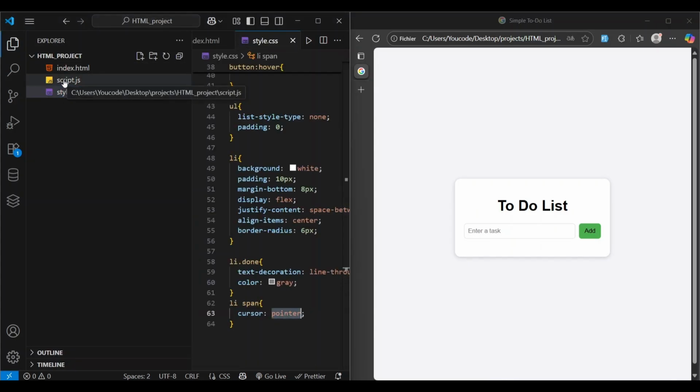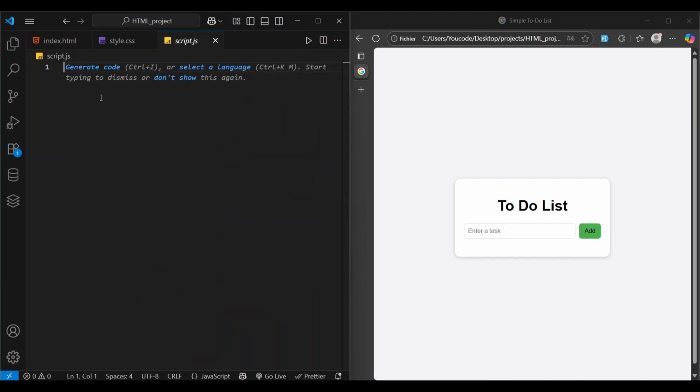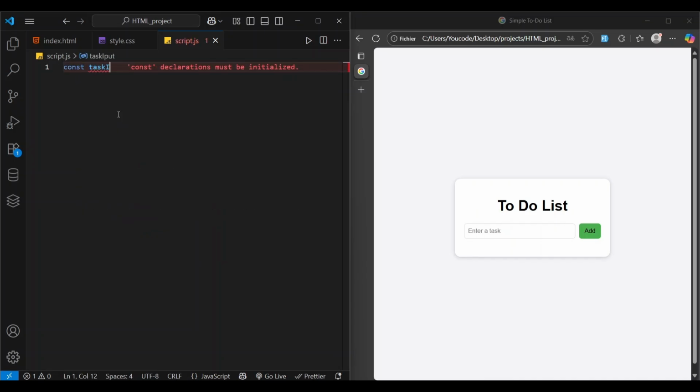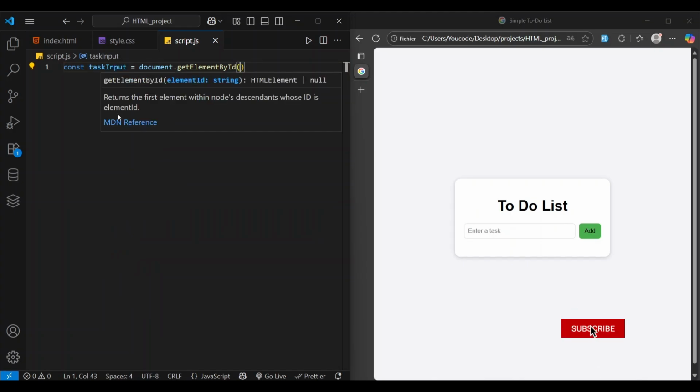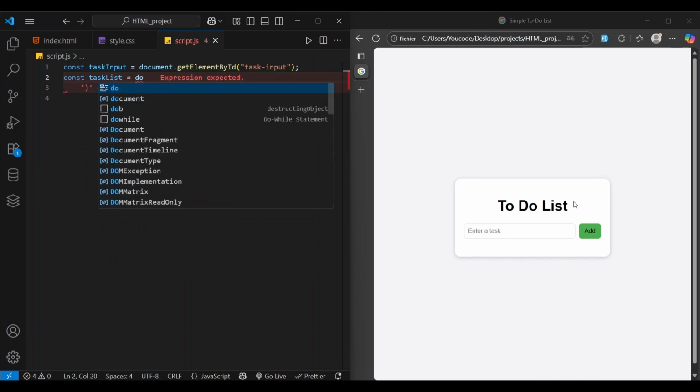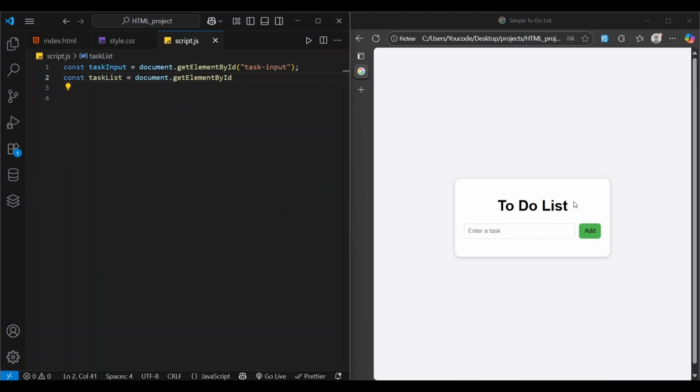So now that we finished the CSS, let's go to the JavaScript file and make some functions. First, we'll grab our input field and task list from the HTML using the getElementById. We will write const taskInput equal document.getElementById, and inside it the ID of the HTML element. So it's taskInput. Same thing for the list, const taskList equal document.getElementById